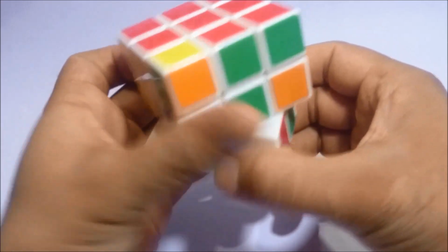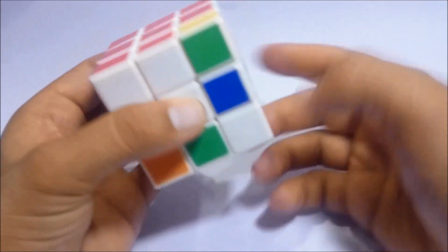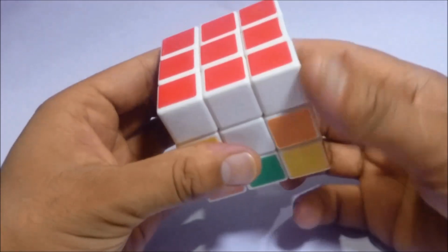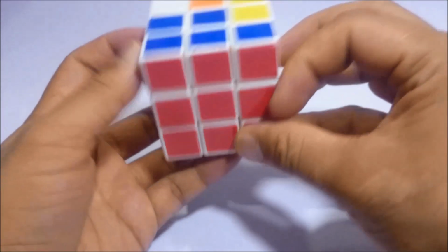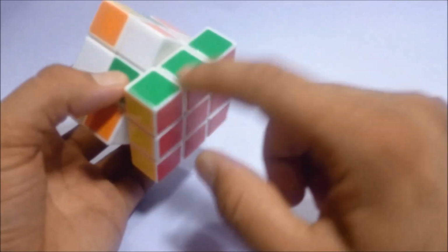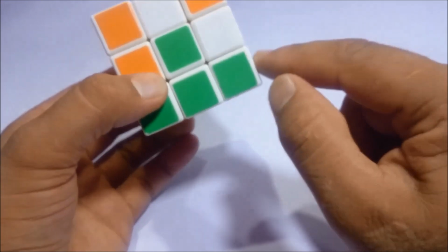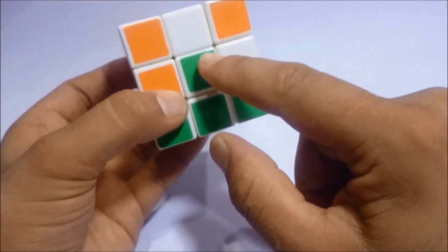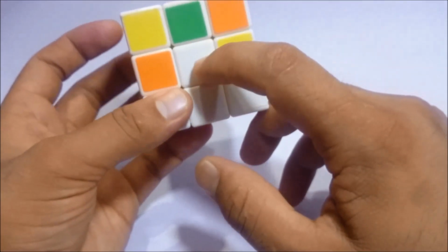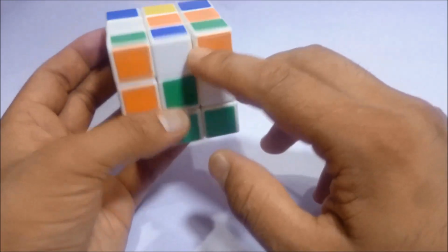And put it to the right bottom and apply the same formula. R prime, D prime, R, D. Yes, we got it. We solved one layer. And with this layer, we have arranged these pieces also. Now, for the next level, we have to